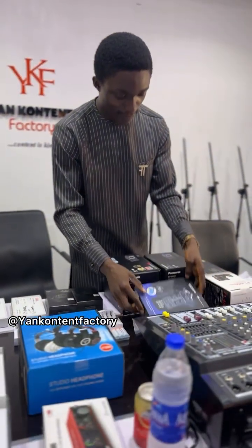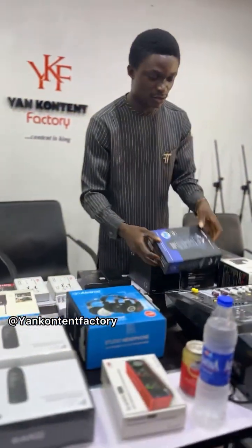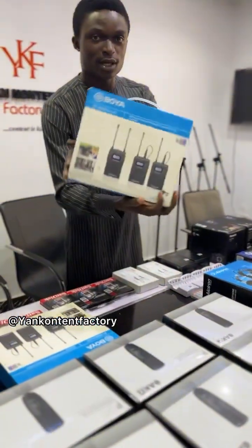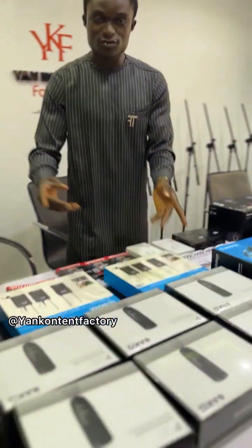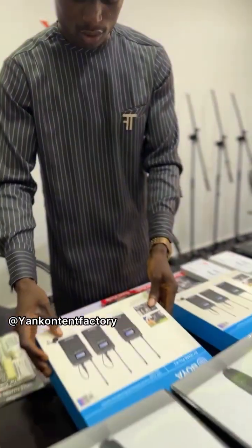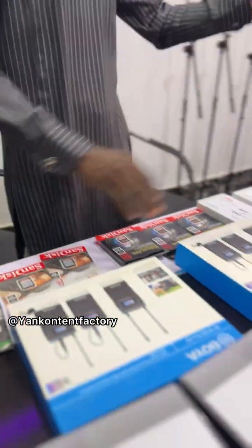So I have Zoom H6. You know what this does? This is for sound recording, for a clean output. When you use wireless body mic, this goes for production, and then interviews as well. Wireless body mic, this is Boya, top notch. Then we have our cards here for the sound